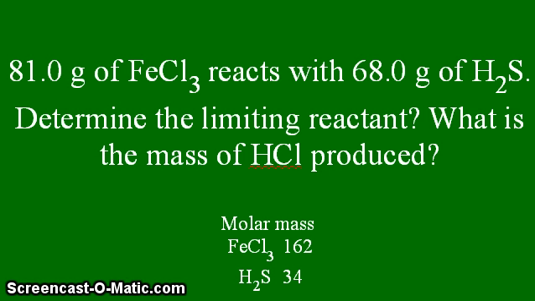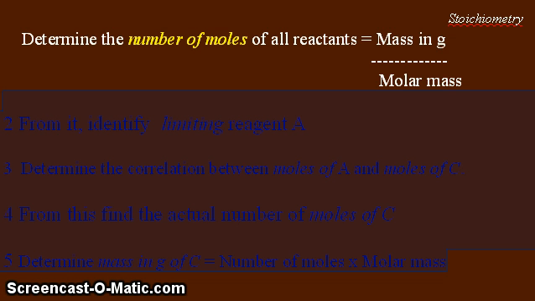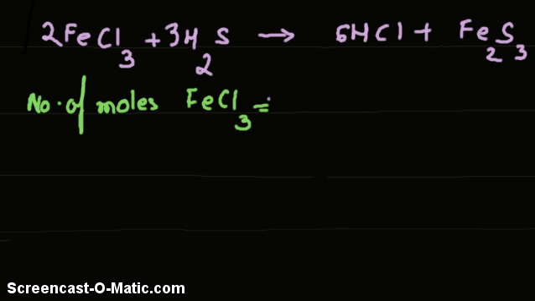The next step is to determine the limiting reactant. The limiting reactant is that reactant which is fully consumed in the reaction. So in order to find out whether it is FeCl3 or H2S which is fully consumed, let us find the number of moles first. Determine the number of moles of all reactants by using the formula: mass in grams divided by molar mass. Moles of FeCl3 equals 81 grams divided by its molar mass,